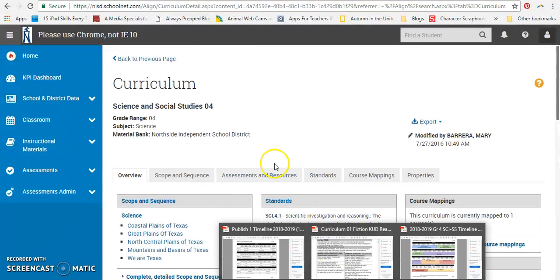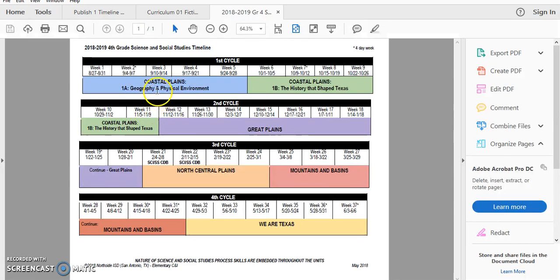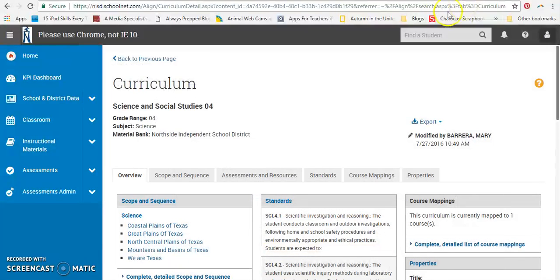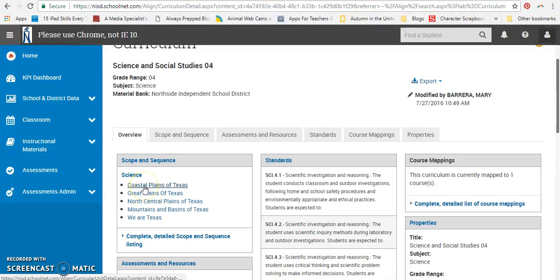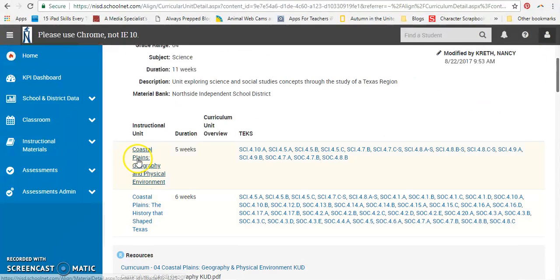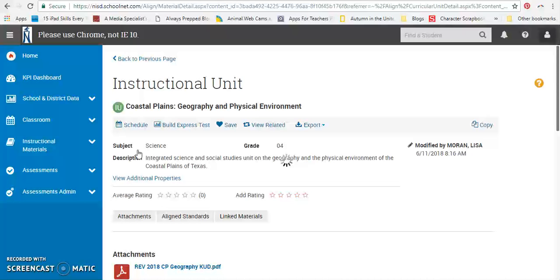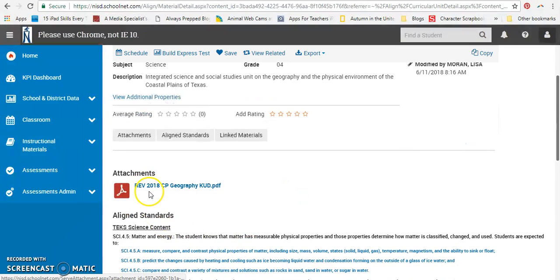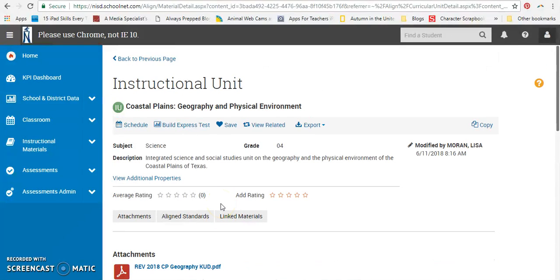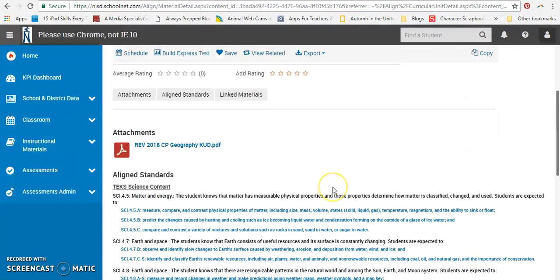And the first unit is Coastal Plains. And so I can go right here, Coastal Plains of Texas. It's right there. Click on it and open up. And there are the KUDs for the Coastal Plains of Texas. And these are the revised ones for 2018-2019. So once again, they've made it a lot easier to navigate. Hopefully this will help us as we begin our curriculum mapping and collaboration with other teachers and